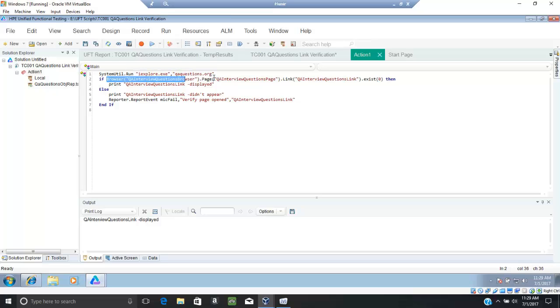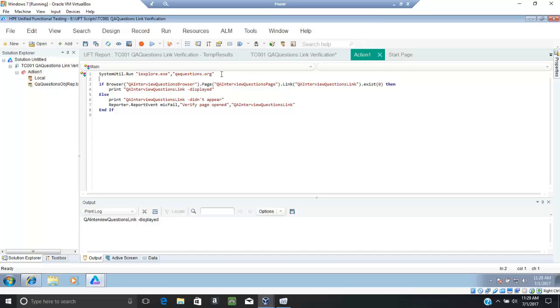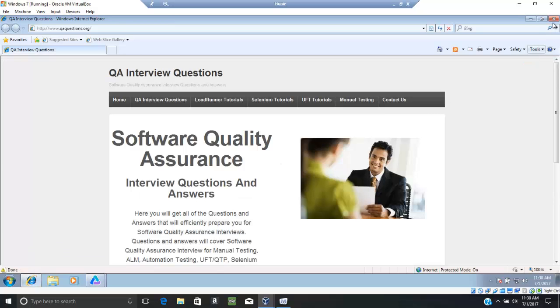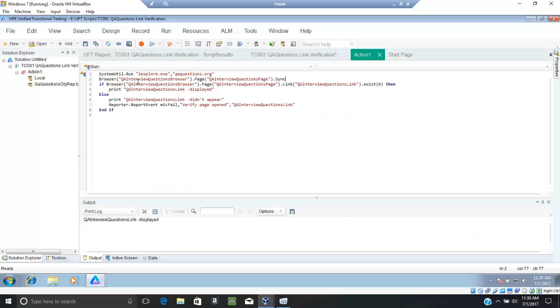up to page, up to page, right? You put a sync here, then even though you have 0 over there, it will first be syncing that page, and then it will go for checking, right? So let me close this now. Although I have 0 seconds here, if you do it,